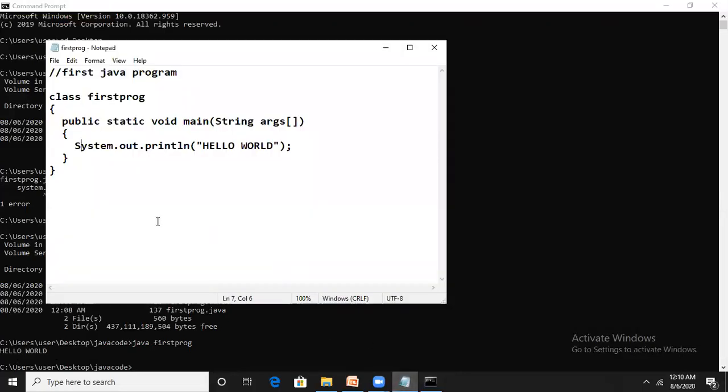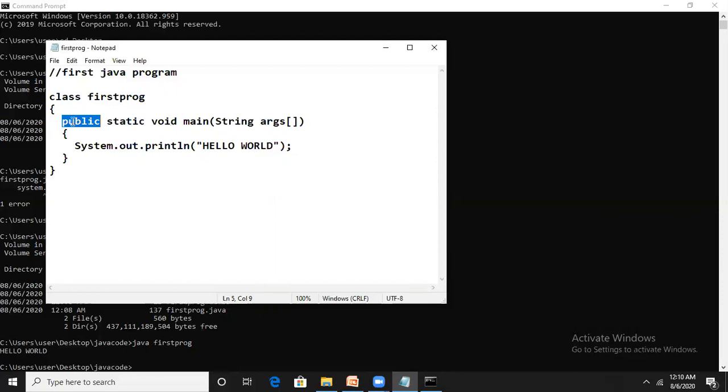Now I come back to our code and I will explain each and every word. Public: why public? Because we are calling this main method from outside the class. And why void? It is not returning anything to the operating system.